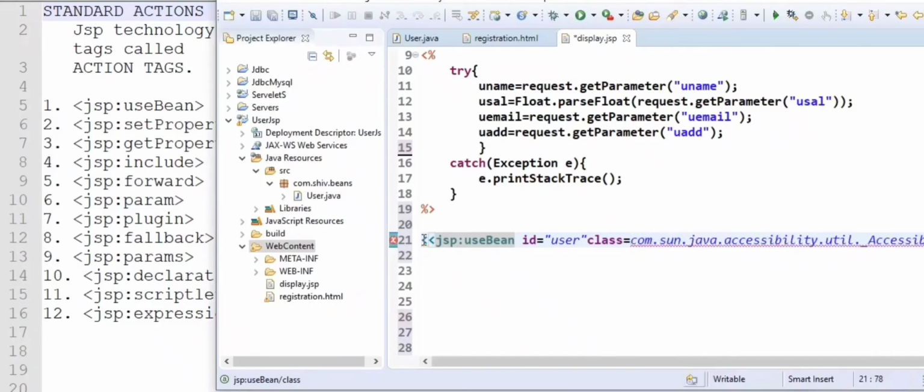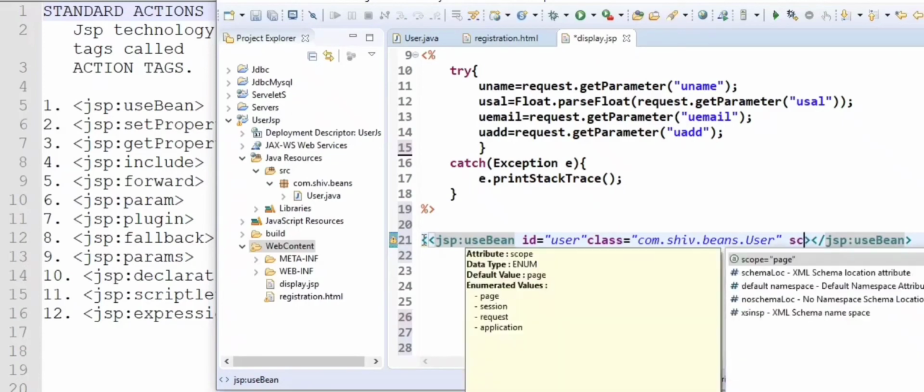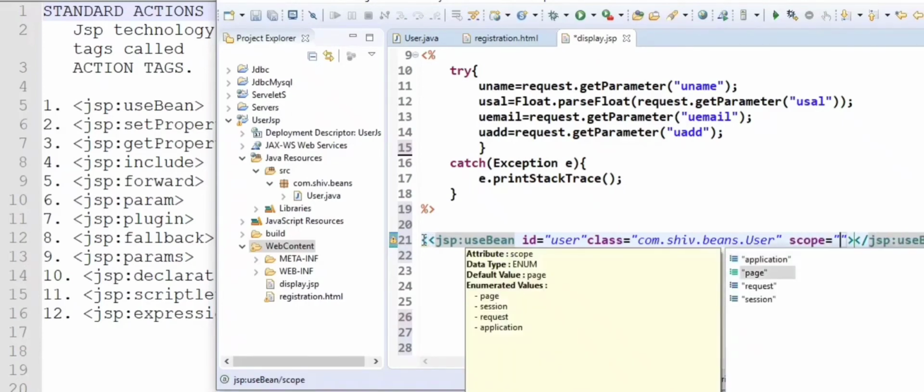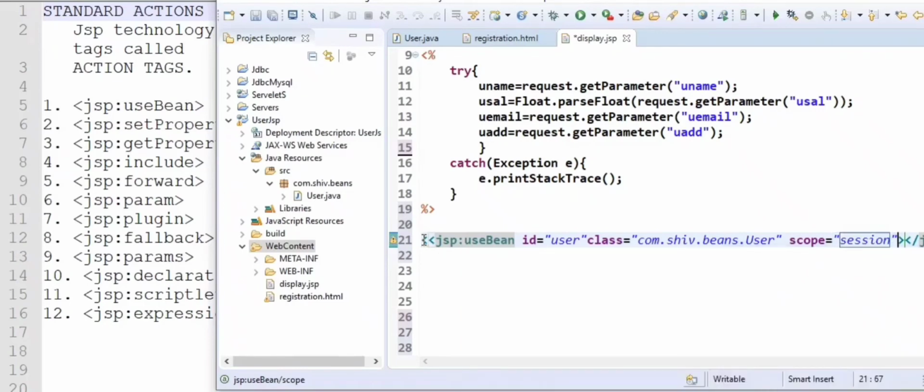So com.shiv.beans.User. The next attribute is type. It's optional, so I'm not giving this type. And then the scope attribute, I am taking it as session scope.